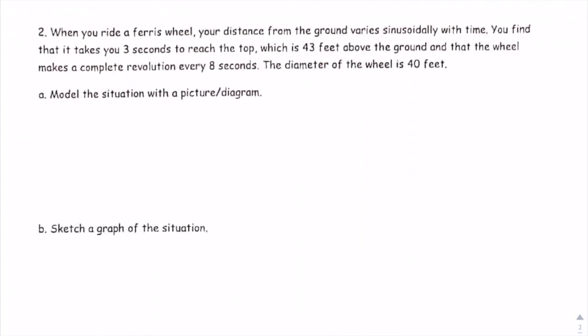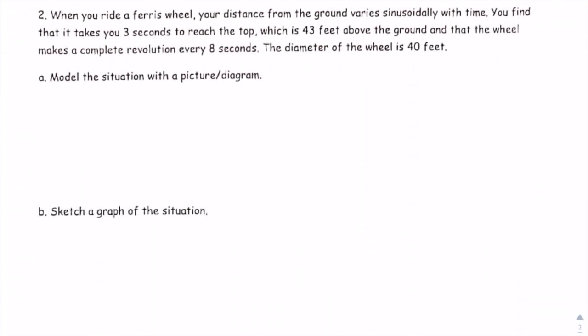So now we have question number 2. When you ride a Ferris wheel, your distance from the ground varies sinusoidally with time. You find that it takes you 3 seconds to reach the top, which is 43 feet above the ground. That the wheel makes a complete revolution every 8 seconds, and the diameter of the wheel is 40 feet. So if we want to draw ourselves a picture,